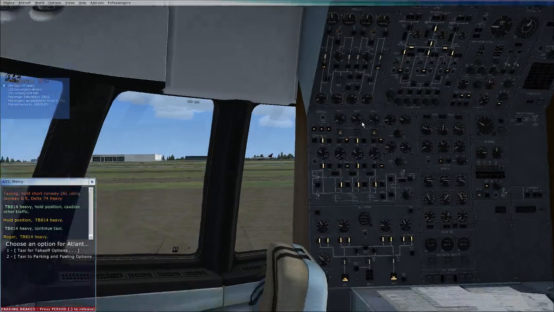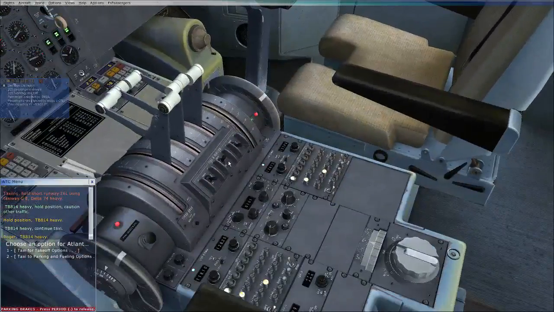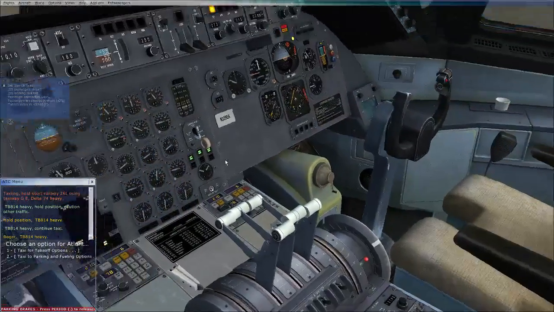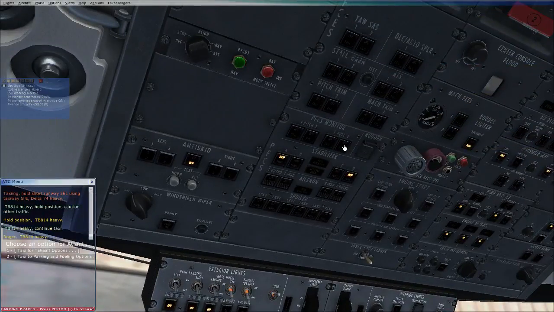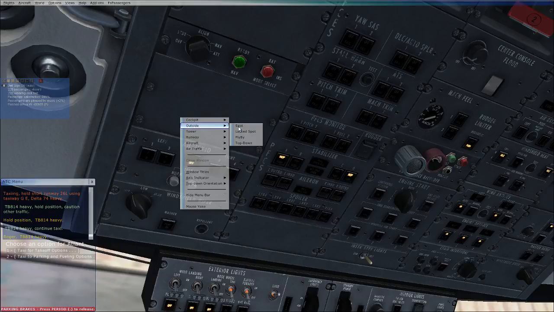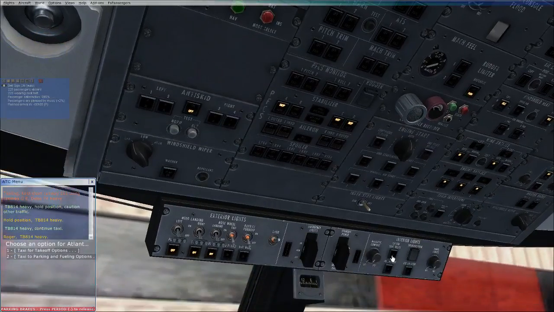APU thrust power on. Engine 2 off. Those two need to be off. Taxi light off. Oh, and we can also